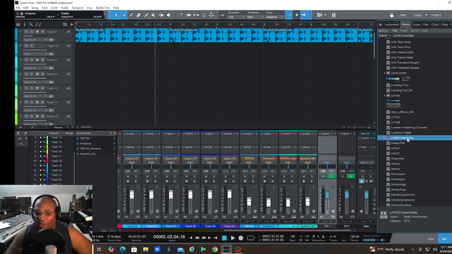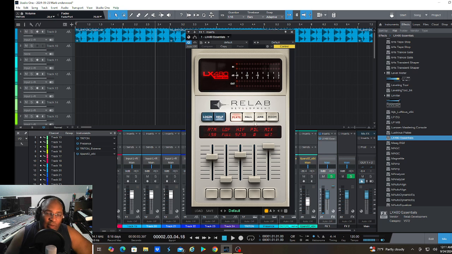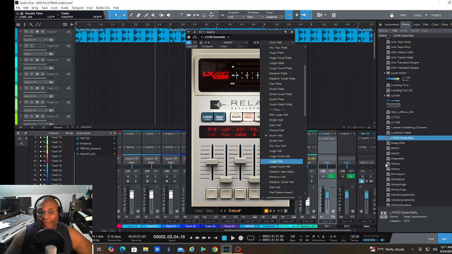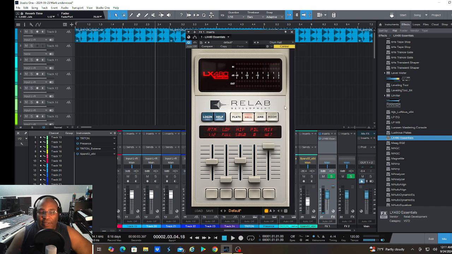Okay, so we'll use this reverb. I'll put it here. All right. As soon as that loads up, okay. So I'm gonna set it to Hall. These are all different, like huge plate, vocal plate. These are some of the defaults. Let's say I want to do a big large, like a drum hall. So I'm gonna set that there. Okay. So now